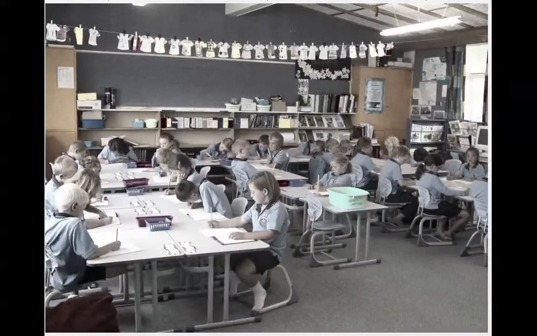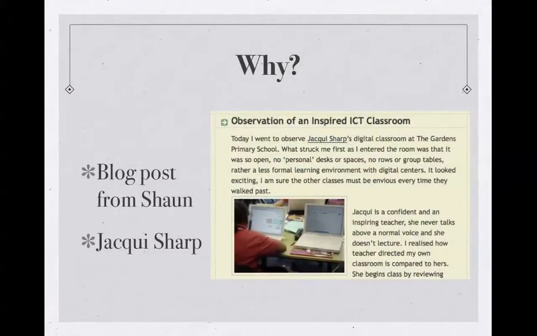The start of the year, very traditional looking classroom. And this is actually about day 1 or day 2 of the year. Age-old problem, how to fit 31 kids into a smallish and old classroom. And what happened was I actually had